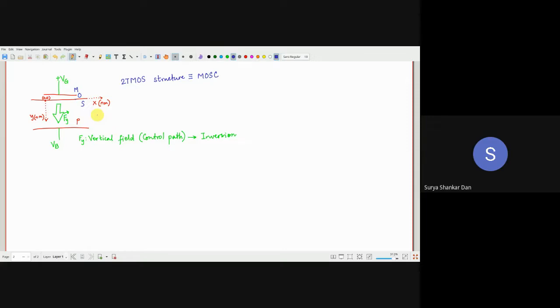ठीक है, तो पहले हम मॉस को समझेंगे मॉस कैपेसिटर के हिसाब से. Later on what we will do is we will insert another terminal and we will first understand the MOS capacitor and try to understand what is the drawback for this MOS capacitor. ठीक है, MOS capacitor को समझेंगे, मॉडल करेंगे, सब कुछ एकदम पूरा कच्चा चिट्ठा जानेंगे पूरा इसके बारे में. We will learn each and everything about the MOS capacitor. We will become an expert in MOS capacitor in the next 1 or 2 weeks.